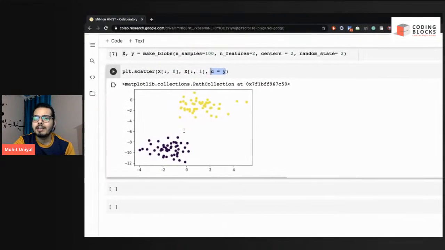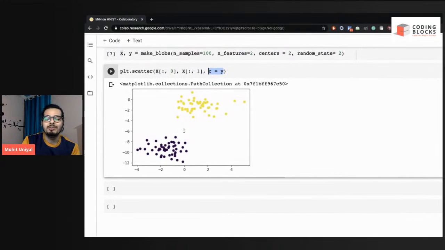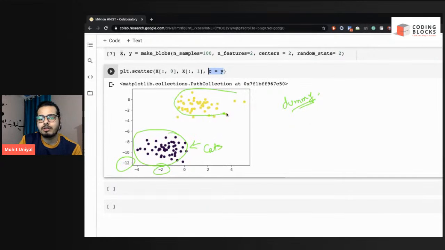Now you can see it looks like a cat and dog data set. Now you can ask how the height can be negative or the weight can be negative, but let's not focus on that, because you can say it is normalized data, and normalization is very important in a data set. But let's say this is a dummy data set, and a dummy data set can be negative. We do not focus on height and weight, but let's just say these are some quantities or some features or some numbers, right? These are your cats, and these are your dogs,